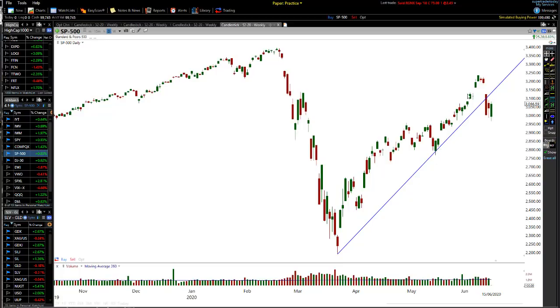We've got the support level through here. We had a bit of a gap up, we had a sideways movement and a gap down, and now we're just well below it. So even if we did get a bit of a pop to the upside through here, then I would say that we're probably likely to do something like that, or maybe it's just going to go straight down like that. Again, I have a target of around the $2,800 level when it comes to the